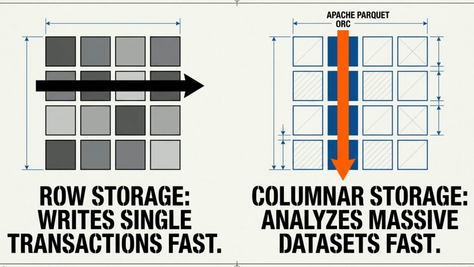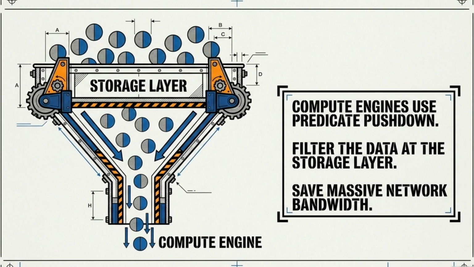Storage formats also impact performance. Row storage is optimized for fast individual transactions, while columnar storage, using formats like Parquet or ORC, excels at analyzing massive datasets. Compute engines improve efficiency using predicate pushdown. By filtering data at the storage layer, you significantly reduce the amount of information that needs to be transferred, saving